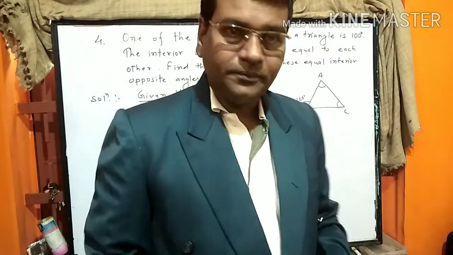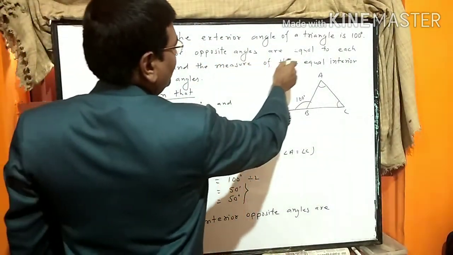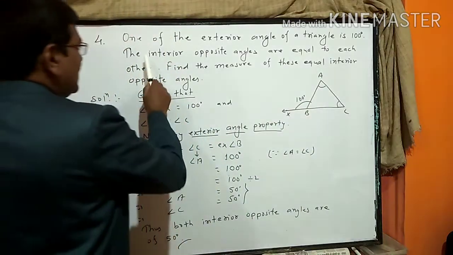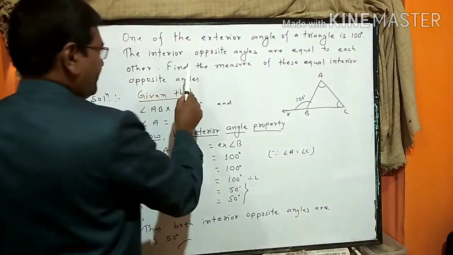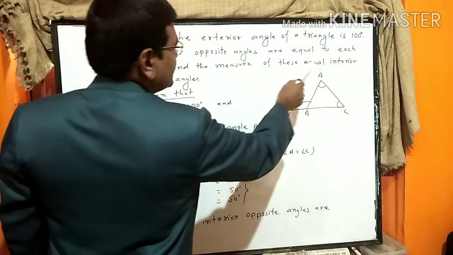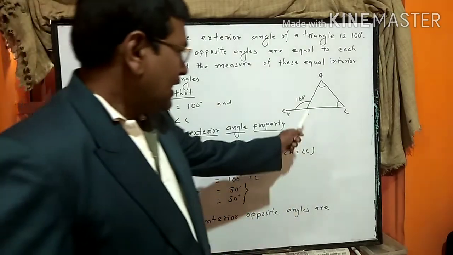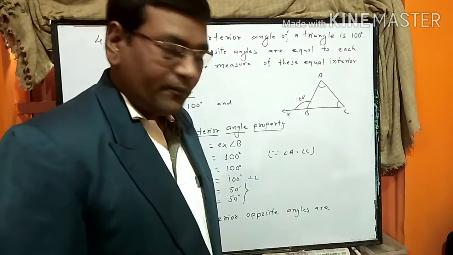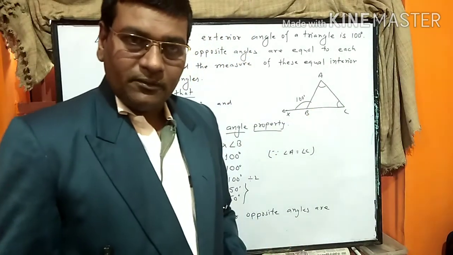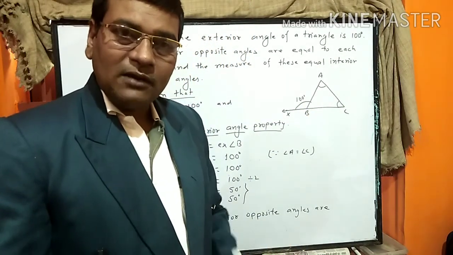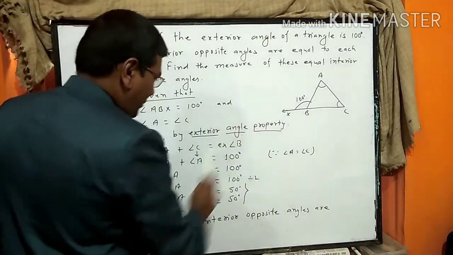Question number 4. One of the exterior angle of a triangle is 100 degree. The interior opposite angles are equal to each other. Find the measure of these equal interior opposite angles. Exterior angle is given 100 degree. The two interior opposite angles are not given, but their relation is given that both are equal. So by exterior angle property,